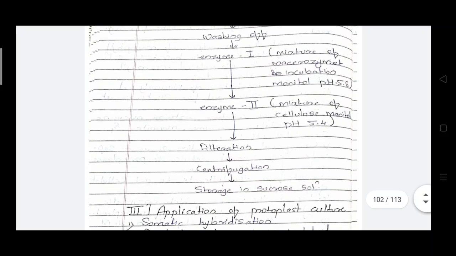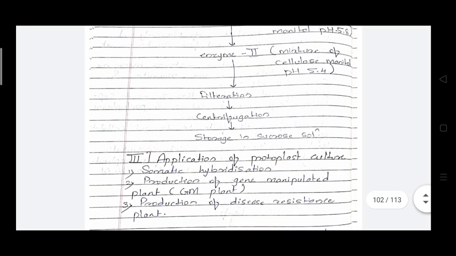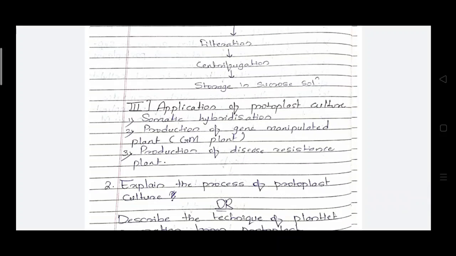Then use the second enzyme, that is cellulase in mannitol at pH 5.5. Then again it will be filtered, centrifuged, and stored in sucrose solution. So these are the procedures for the separation of protoplast in the single enzymatic as well as the double enzymatic process. So the next is the applications of